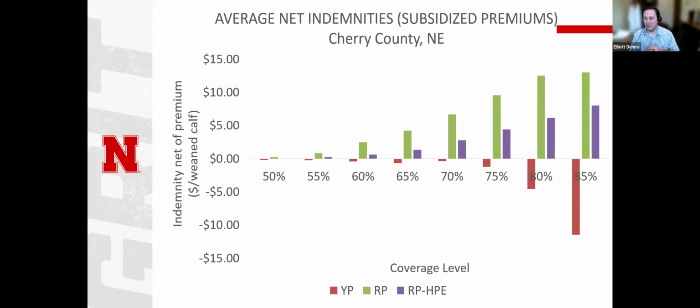This will vary by different counties, but what I wanted to show was just a general example. We have this for every county in Nebraska, so if you have specific questions, you are more than welcome to contact me, but this is just for Cherry County. So if you look at that,